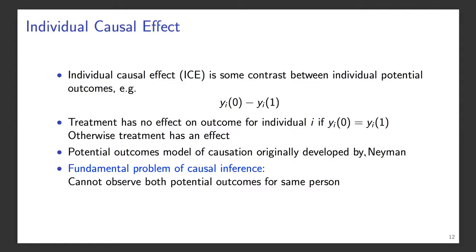And the fundamental problem of causal inference is that typically we don't get to observe both of these potential outcomes for an individual. Once somebody, say, receives treatment, we'll get to see Y1, and Y0 will go missing. And so for that reason, at the individual level, it's difficult, if not impossible, to ever get a handle on these individual causal effects.